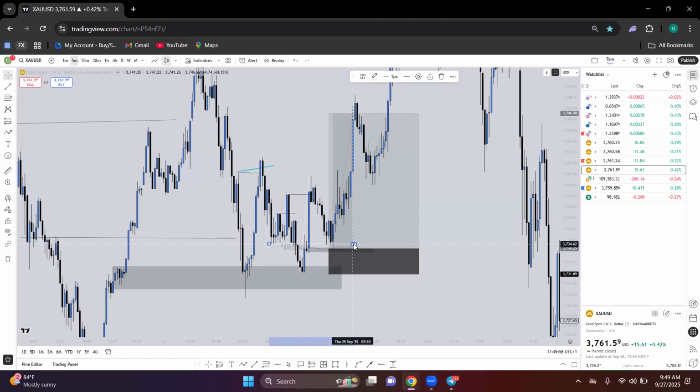Okay, and at the same time, if you're an advanced trader, you should understand this is a QML pattern, right? This is particularly a Quasimodo, which also signals reversals. All right, so with price giving us this structural change, we actually have two confluences for this particular buy. We actually have this demand zone, which is nested in this particular QML, and we actually have the presence of this shoulder right here, okay, and this is a head pattern, and this is price coming back straight back into this demand level, okay, which is practically aligning with the entire 4-hour bullish structure of our bullish engulfing